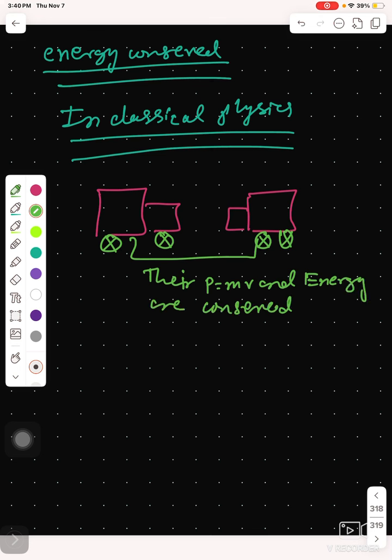Conserved means their energy and momentum will be equal after and before. What the energy was before will equal the energy after, as well as the momentum before will equal the momentum after. Okay, so keeping that in mind,